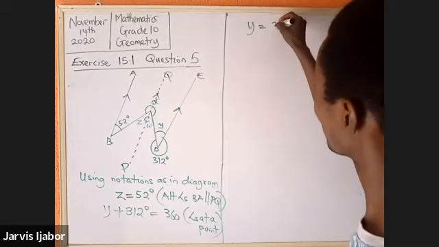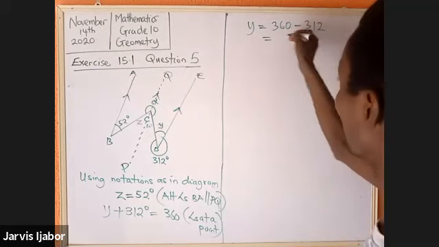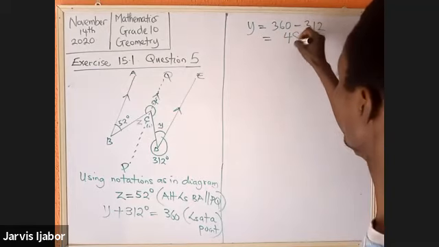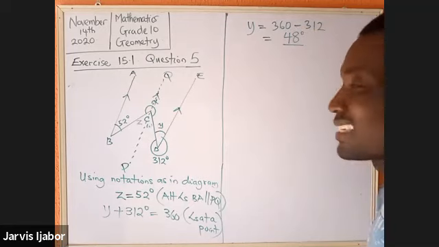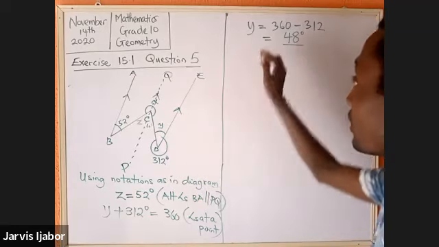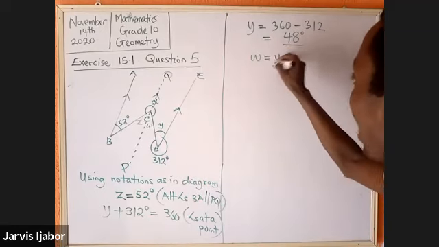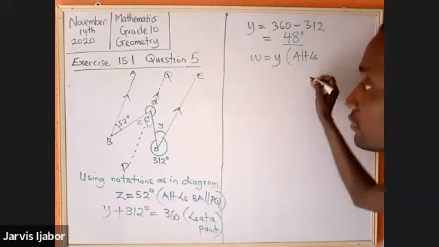Y will be equal to 360 degrees minus 312, and that will be equal to 48 degrees. Now I've gotten Y. Now W will be equal to Y. What's the reason for that? Alternate angles,